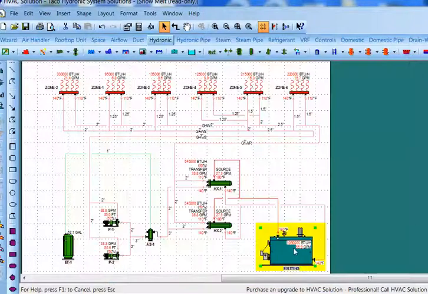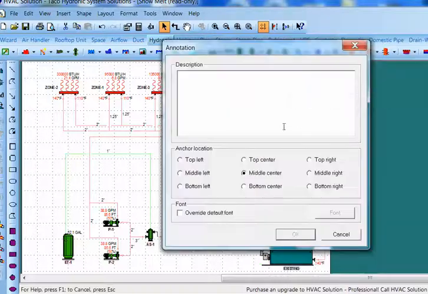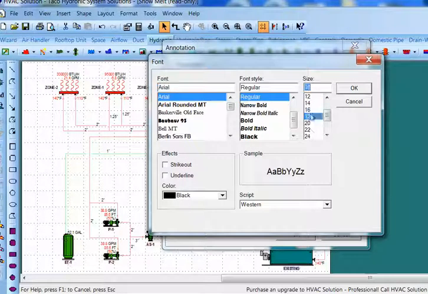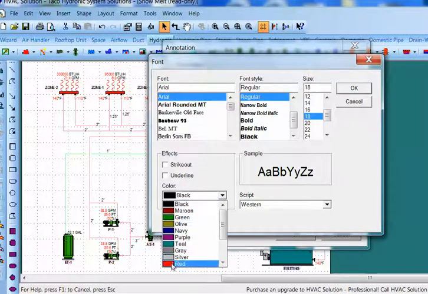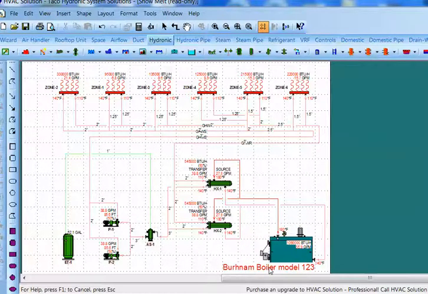right behind the image. I can put a text on the screen, and so it says Burnham boiler on the screen. And I can make it a little bigger so it's easy to see and change the color. So we want it to stand out, so we make it red. So now I've got a nice label. It stands out for the boiler,